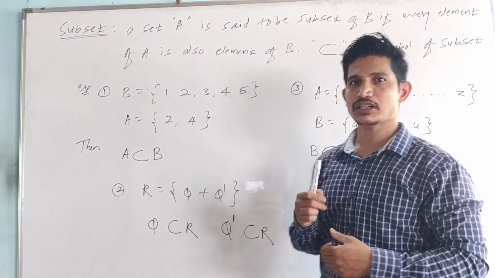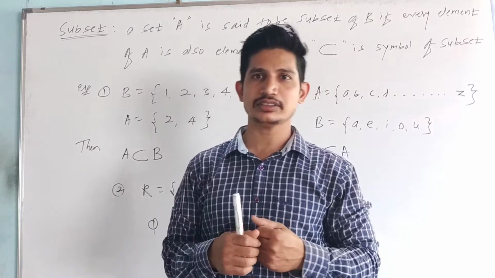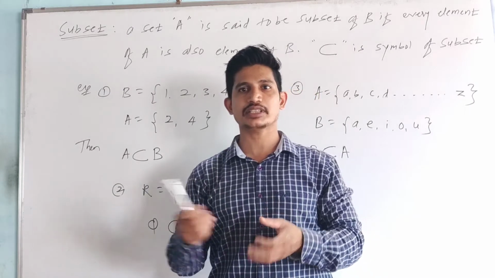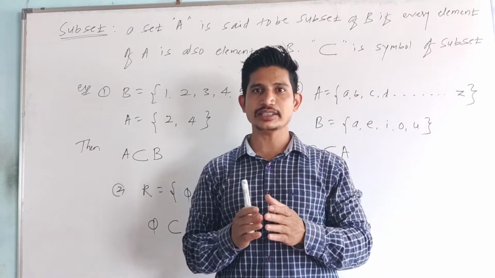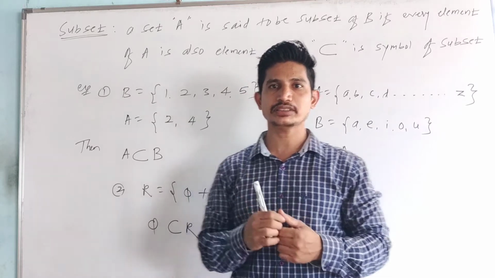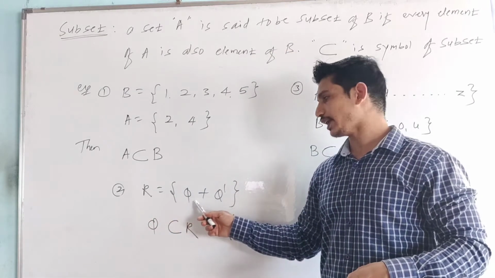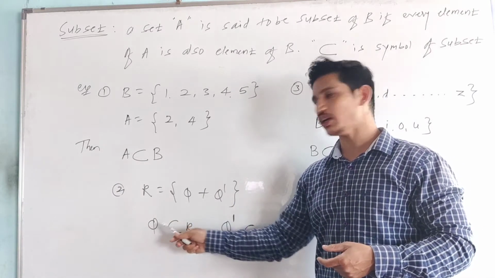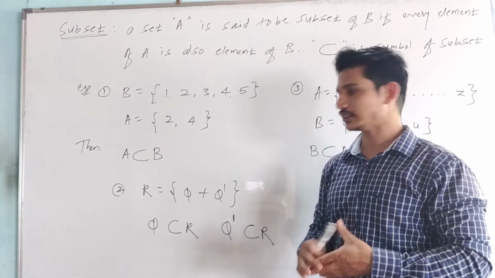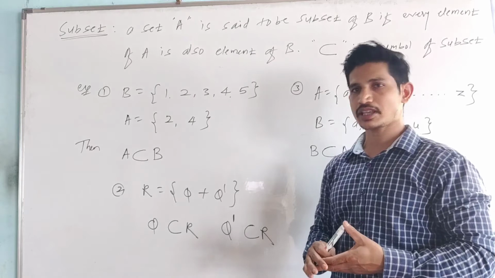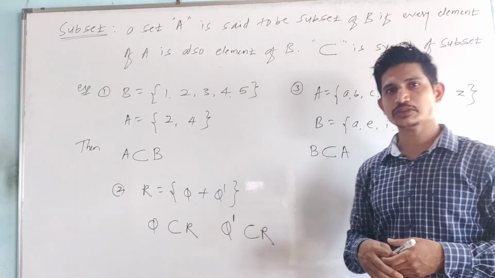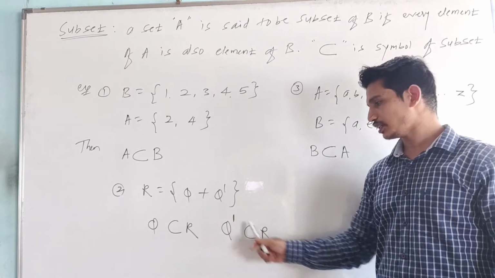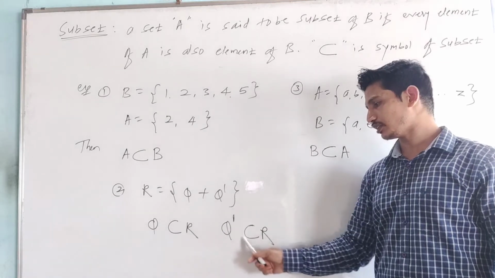In the same way, we have seen the real number set. In the real number set, all the rational and all the irrational numbers are there. All of you know that R is the biggest set. R has all the rational and all the irrational numbers. Then the rational number set is called a subset of R. In the same way, the irrational set, Q dash, is also a subset of R.